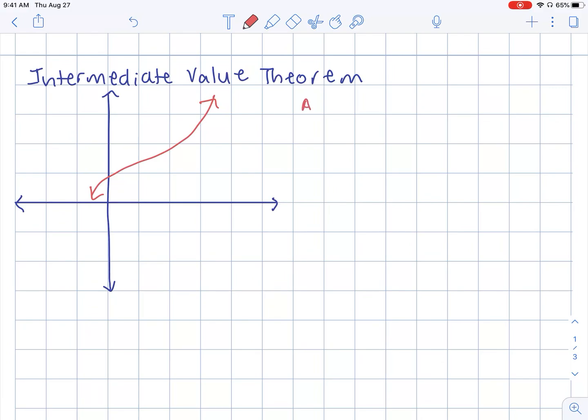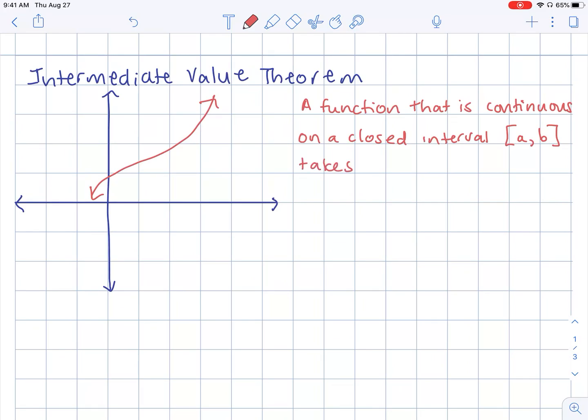The parameter for this function is that it's continuous. We want to remember all the things we talked about with continuity up to this point. So this function is and must be continuous on a closed interval, which we write in notation as [a, b]. What the theorem says is that given a continuous function on a closed interval, that function will take on every